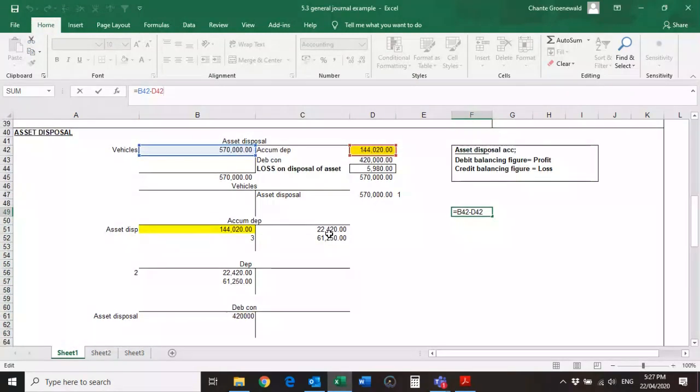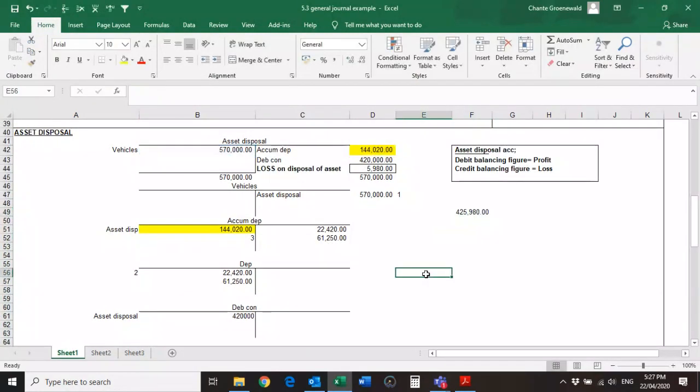When you sell something at a value of less than what it's worth, this is what I sold it for. This was my selling price. Can you see it? This is my selling price. Can you see that this is the actual value of the asset, but then I sold it for less? Can you see that it makes sense that we have a loss on the disposal of the asset? Does that make sense? I hope it does.